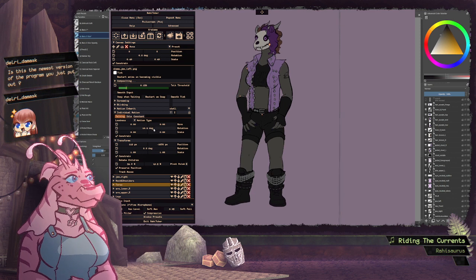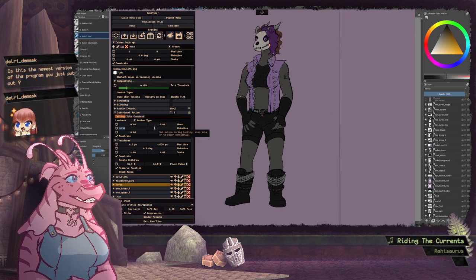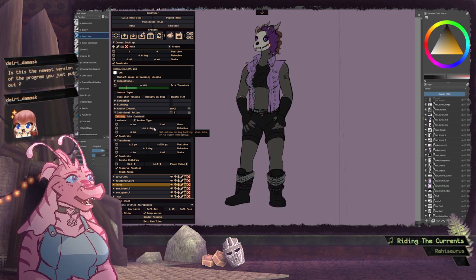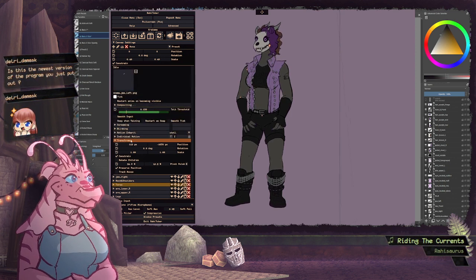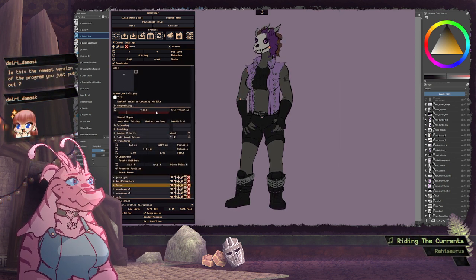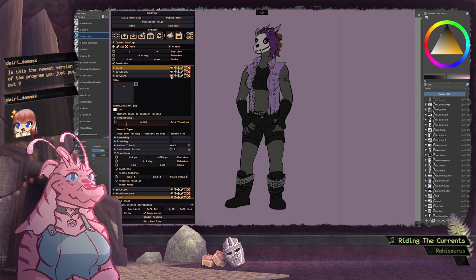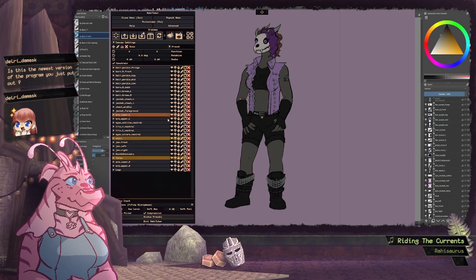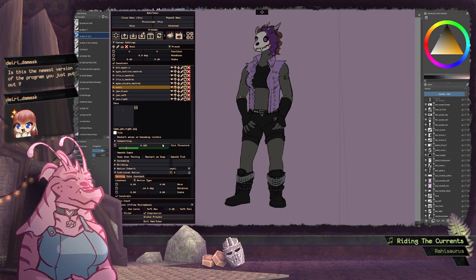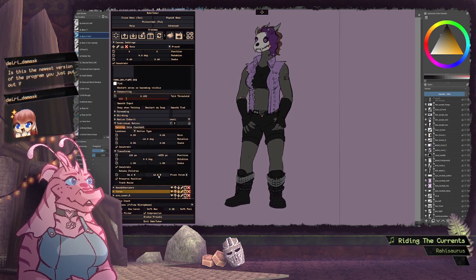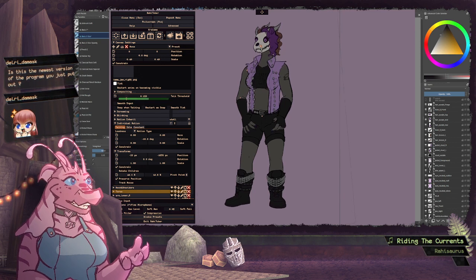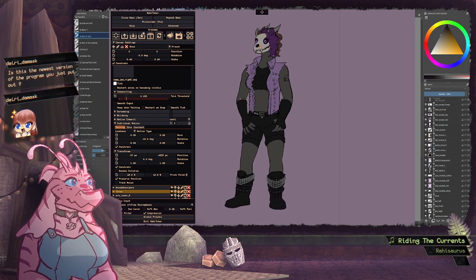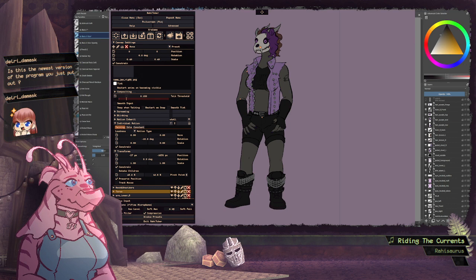Okay, pivot point is there. So actually, I want this to be -10. Yeah. So for jaw right, I've got the pivot point in the wrong place for that. That should be over here, basically. Yeah, nice.